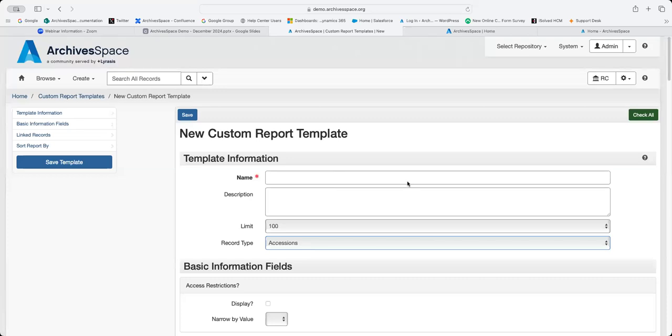If you migrate yourself, does it give you errors if your data needs cleanup? What does it look like to import, for example, somewhat messy EAD or CSV? Yeah, that's going to happen. If you run a background job and it fails, you'll get a report letting you know with an error log in it, letting you know what specific issues it ran into. For the load via spreadsheet functionality that I showed you for resource records, you can actually validate those spreadsheets before you import them, which is really handy. So you can get validation for that if there's errors, you can fix them and then you can re-import it so you don't have to worry about importing something that's really messy.